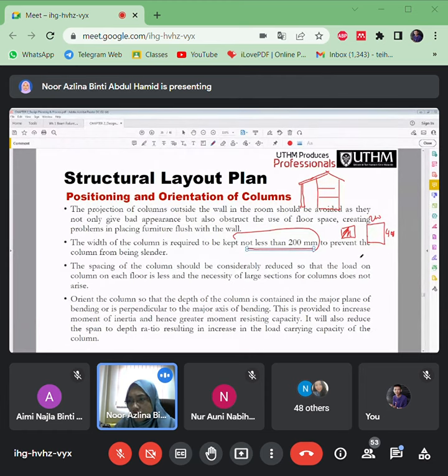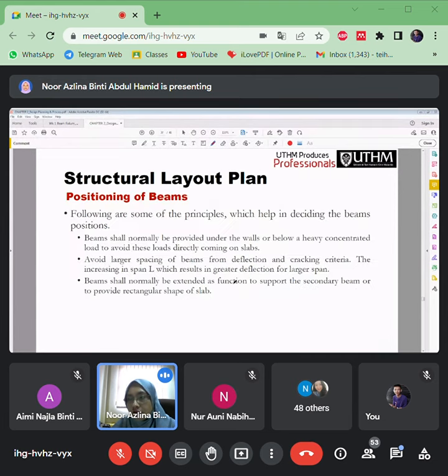what else? So kalau halus sangat, kalau kecil sangat, so it will go into the slender. You know, the failure of the columns will have a bucklings, right? Will have a bucklings here. Okay. What happened for the columns that have a bigger size here? Okay, we can avoid the buckling failure, okay, or the crushings and everything.